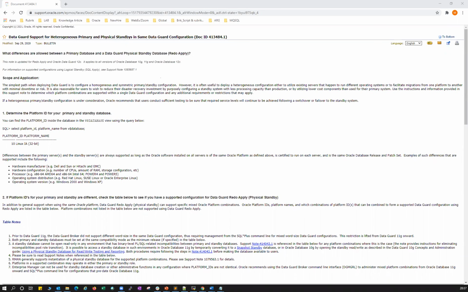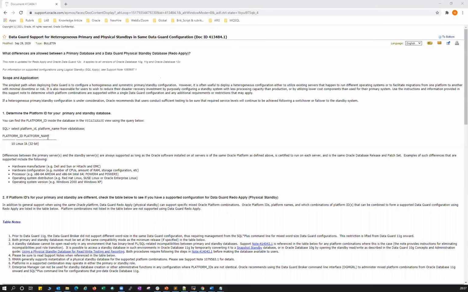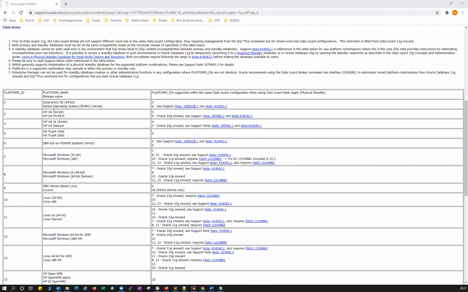When you patch your production database and run datapatch and all those, then when the log shipping happens, all the dictionary changes will be built at your standby side. Patching, obviously you can do, and you can have two different patch levels. But when it comes to database versions like 11G and 12C, that is not supported. So, coming to the FAL client and FAL server. Okay, this is the one. Yeah, Narayana, this is the answer for your question.